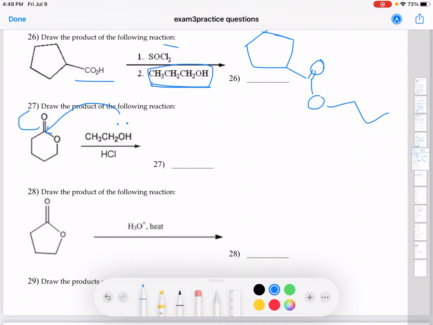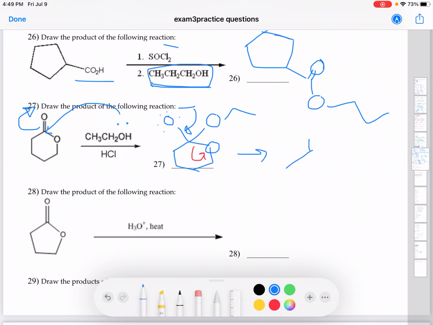So then the pi bond here will open up. So then you will get something like this, O minus, and you have oxygen right there. Then you have these lone pairs on this oxygen. So this will reform the carbonyl group and break the bond here. The ring will open up,